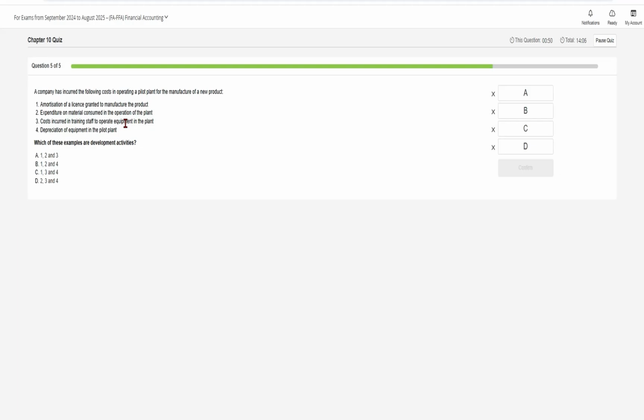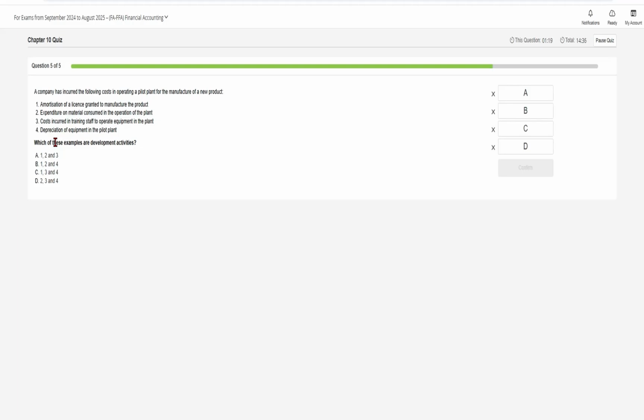So this is needed to make the product, right? If it is used during our pilot plant operations, then obviously it supports our development. So it's a development activity. Okay. So again we come to our right answer. I mean we will eliminate the options because we know one is correct. So in that case our option D is out. Then the second one is